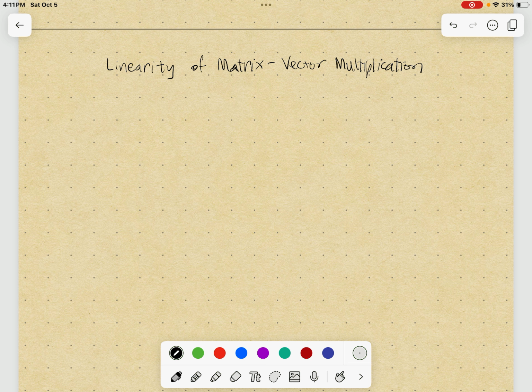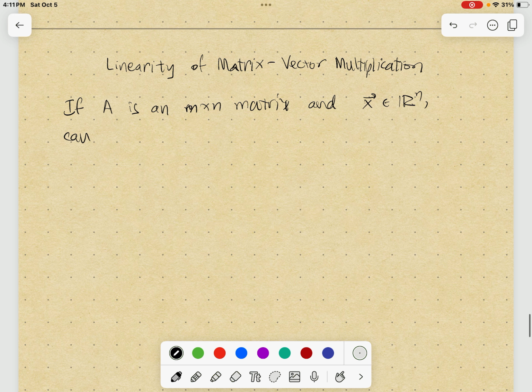All right, in this video we're going to talk about the most important property of matrix vector multiplication. So let's just remind ourselves that if A is an m by n matrix, and x is a vector in Rn, then we can define, so this is just a review, we can define